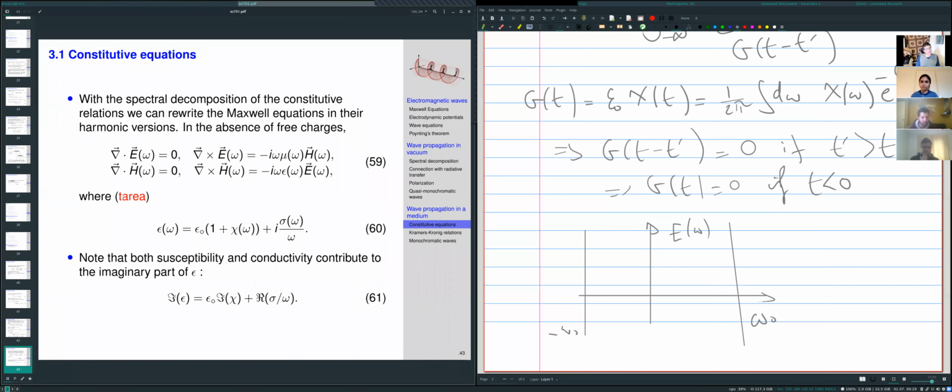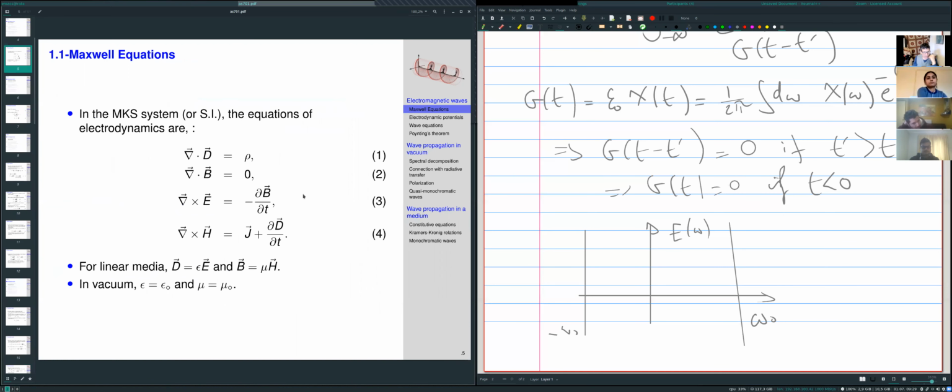So I've added this little career here for you to demonstrate this part. It's not difficult, it's easy to do. So the idea is to simply take the Maxwell equations. We have the Maxwell equations, these ones, and then you plug in